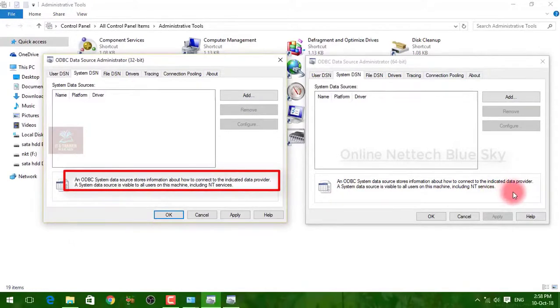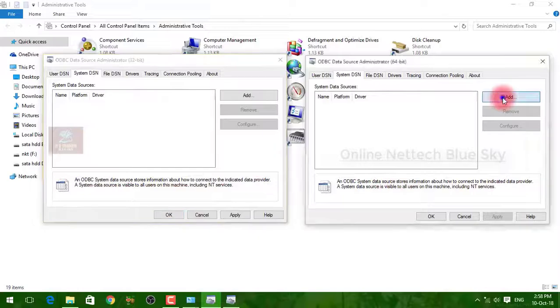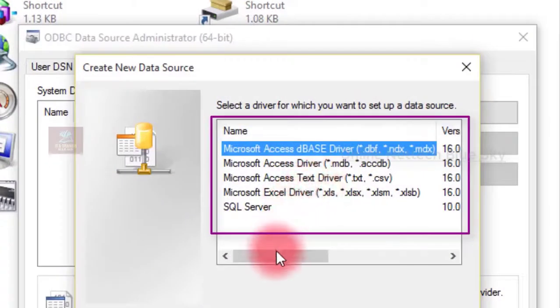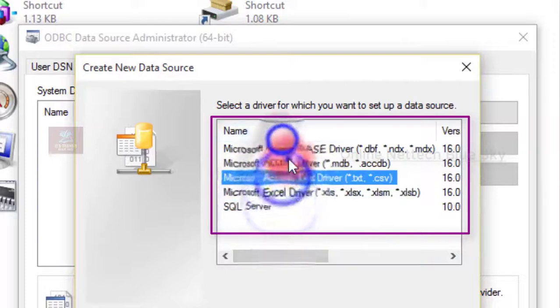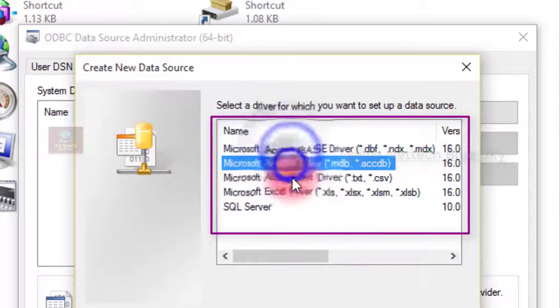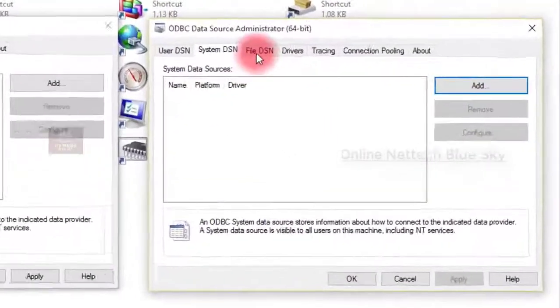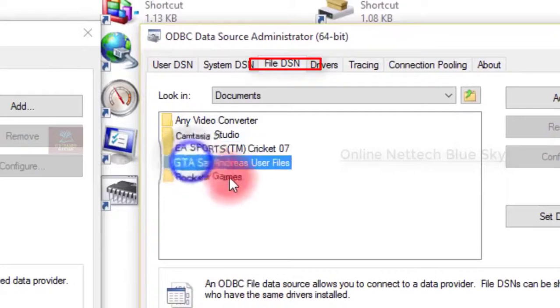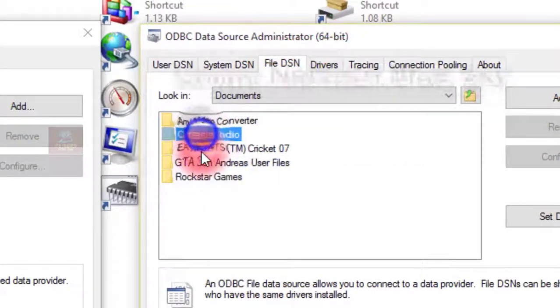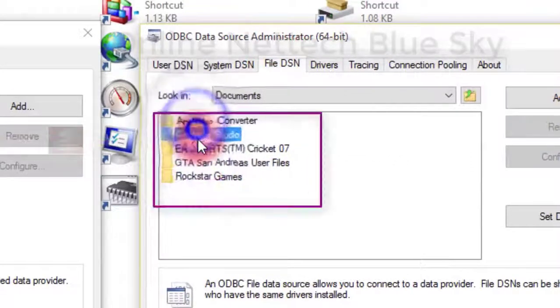So what is a platform? What is a driver? Platform means different types of platforms that work offline, online, and only on a personal internet. So you can select the driver and whichever database source you want. Different types of data sources and files are available. Source means your files, main files, data. Okay, and you can see EA Sports, my cricket. I have already created my custom data system.